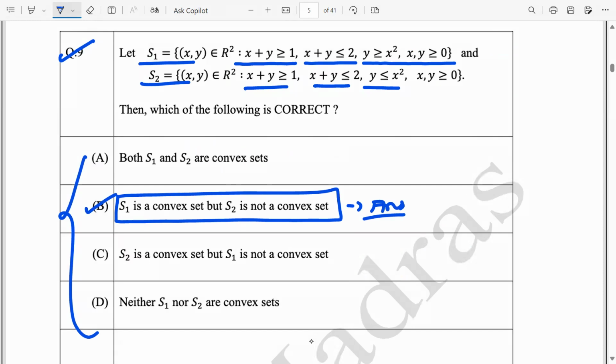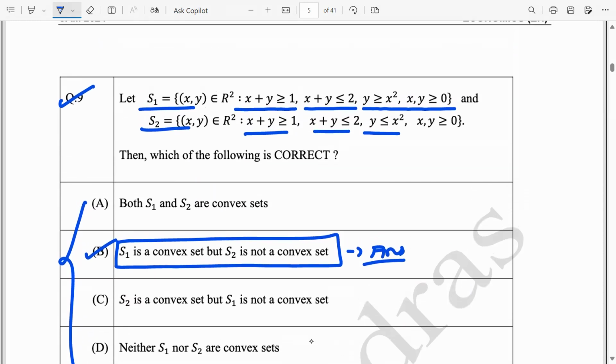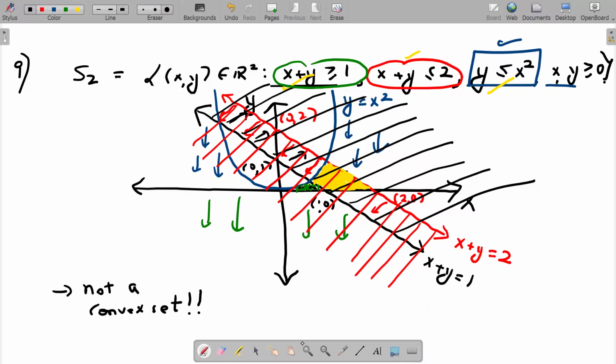If you look at S1 also, all the line segments themselves were included. But if you look at S2, some of the line segments will not be included when you look at the graph. The only difference between them is the treatment of this versus this. In the second case, y is less than or equal to x square, that means you are going below the parabola. Below the parabola pretty much includes all this region also, but this region does not include the red region,